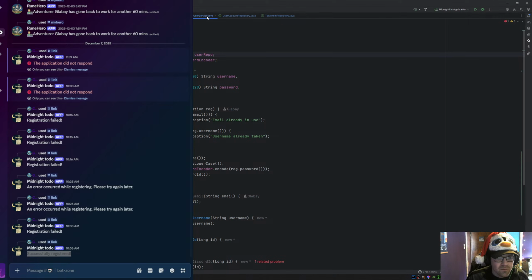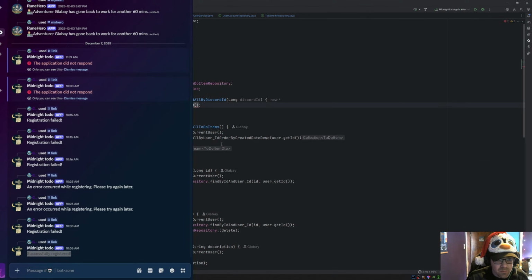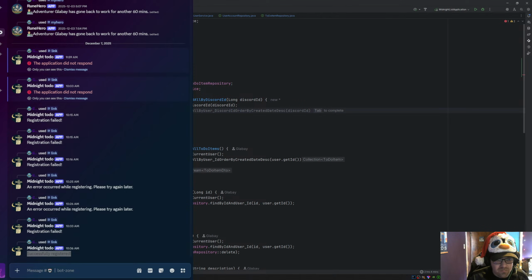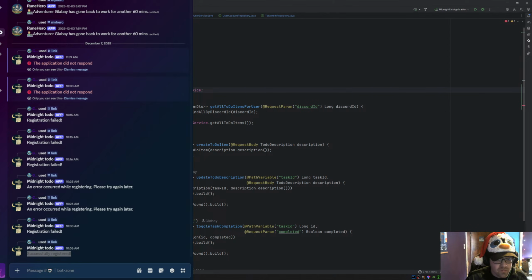Go. So back into service. I want this guy, Discord ID, where we're going to go back into here and find this by Discord ID. Yeah, basically that. Okay, so now I'm going to go back into the controller and I find all by Discord ID. So this is all of my user to-dos that are related to the Discord ID that I provided. So now I want to return